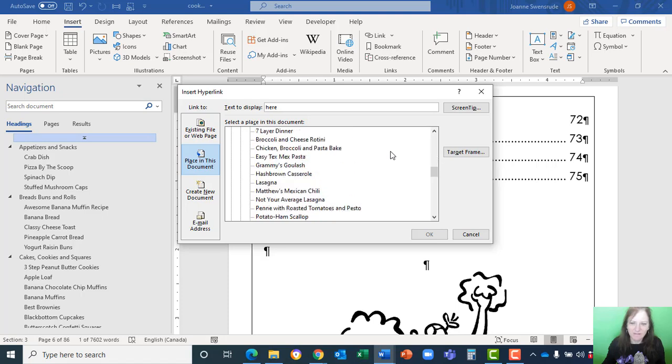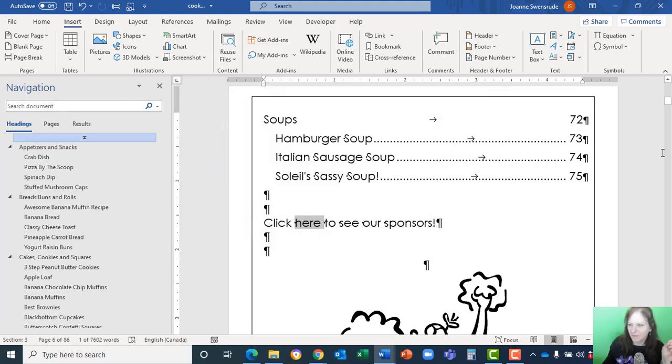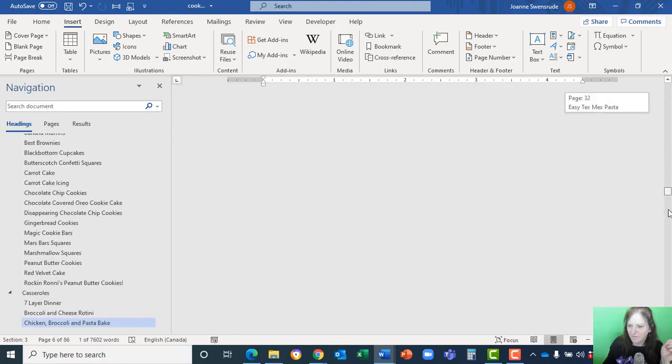It's not there. Why isn't it there? Why isn't my sponsors there? Well, because it's not a heading 1 or 2 or whatever like the other things are. Oh, hey, what's this bookmark thing? So I'm going to cancel out of here, and I'm going to go all the way back down to the